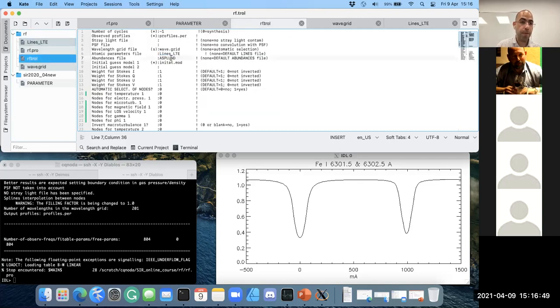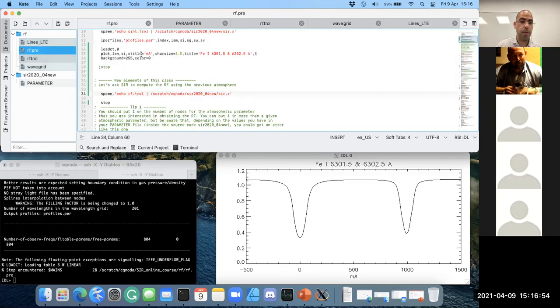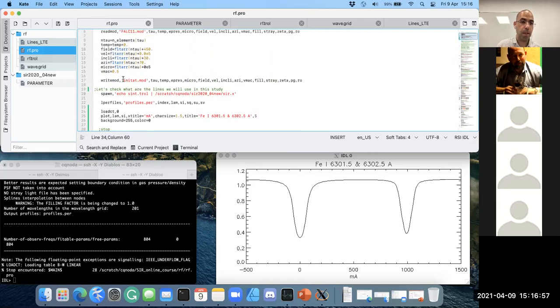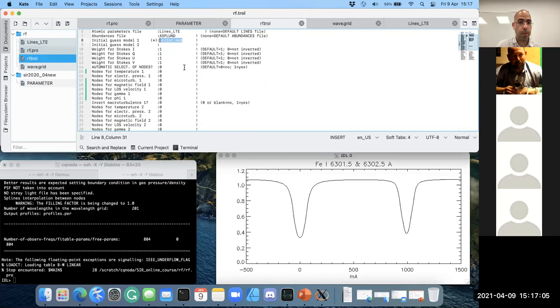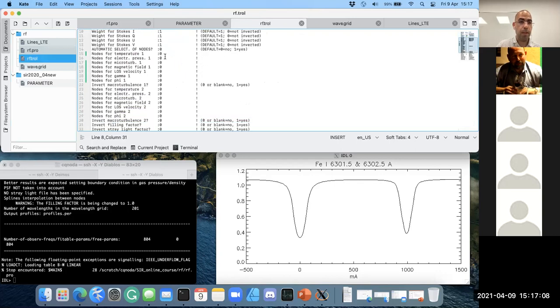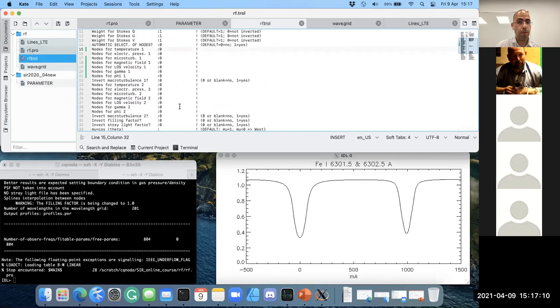Then we have the abundances that are the same, and then we have the atmosphere that we just created here. So in the previous step, we created an atmosphere that is essentially FAL, but we added a magnetic field. Okay, so with this we can leave this like it is, and then the idea is that now you put either 0 or 1. 1 is for the response functions that you want to compute, and 0 is if you don't want to compute them. So for example, if you want to compute response functions to temperature, you just put 1 here, then you run the code,